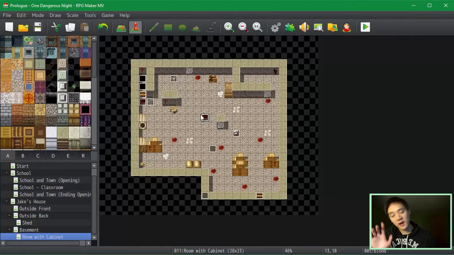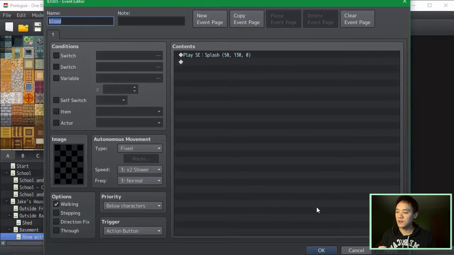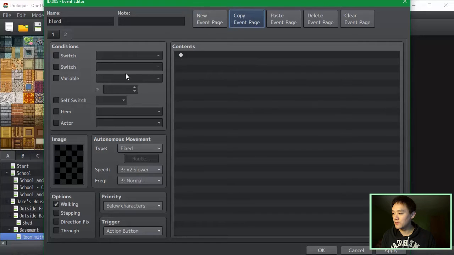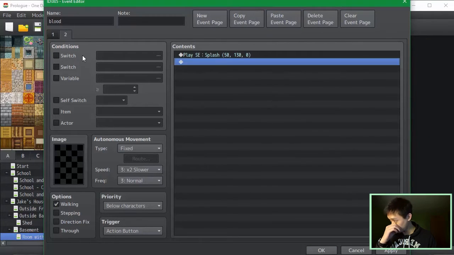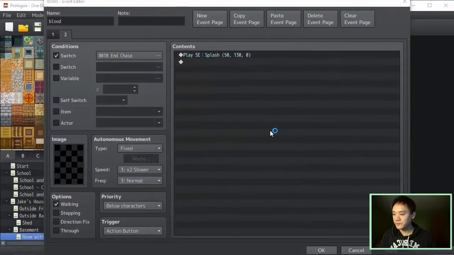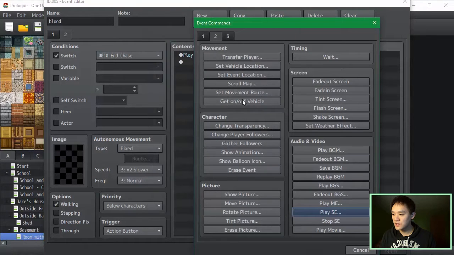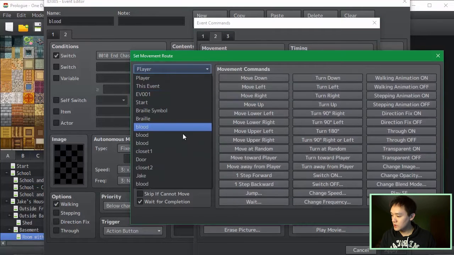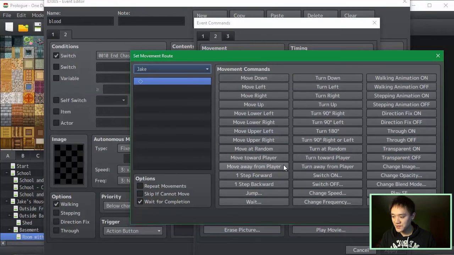And we won't copy and paste it just yet because we have to change it such that during the chase sequence, Jake will run towards the player. So we'll copy this page, paste it. Now we have 1 and 2 that's identical. We'll change this for the end chase, and then we'll set movement routes of Jake to move towards the player